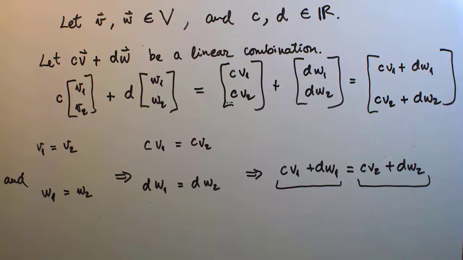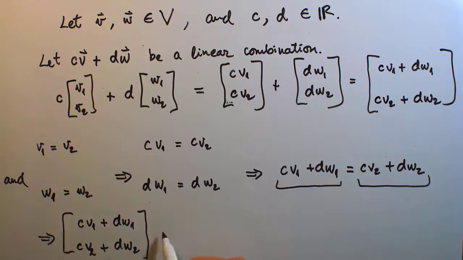So what does that mean here? It means our final vector, CV1 plus dW1 and CV2 plus dW2 as a vector,